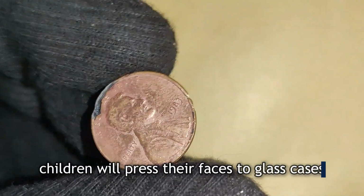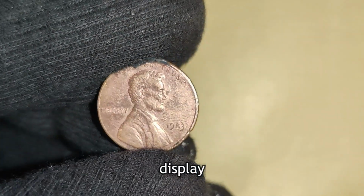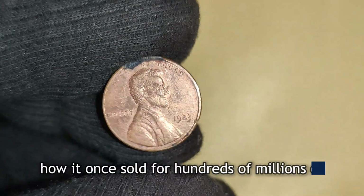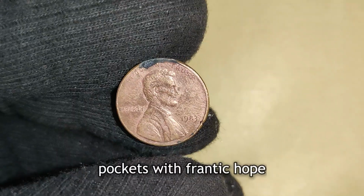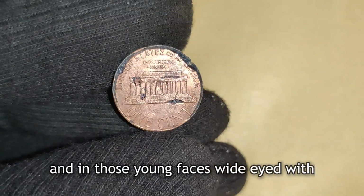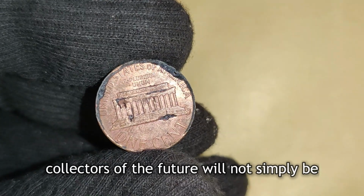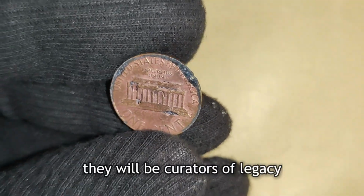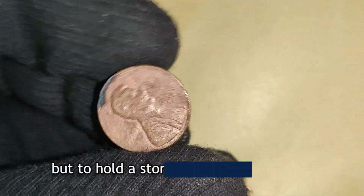Children will press their faces to glass cases in museums, staring at the legendary 1983 penny on display, listening to guides explain how it once sold for hundreds of millions of dollars, how it once drove people to search their pockets with frantic hope. And in those young faces, wide-eyed with wonder, you will see the continuation of the legend. Collectors of the future will not simply be buyers, they will be curators of legacy. To own a 1983 penny will not just be to possess a coin, but to hold a story that stretches